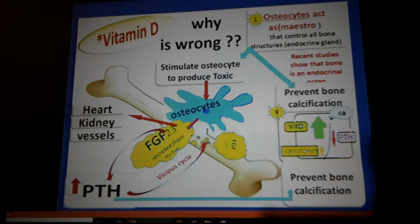Vitamin D, first, starting with vitamin D. Why is vitamin D wrong? I didn't say vitamin D is a bad hormone. Vitamin D is not only a vitamin, it is a hormone, and it is one of the most important hormones of the human body. So we have to take it, but not in tablet form. We have to take it in food, like fish, milk, and eggs, and from exposure to the sun. It is most important to take vitamin D from our natural sources, but not from the pill,